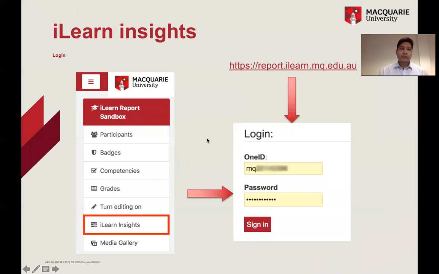So to log into iLearn Insights, there are two ways to do that. One way is you go to your unit and you will see a link called iLearn Insights. The other way would be to go to report.ilearn.mq.edu.au and you can log in with your OneID information. So once you sign in,